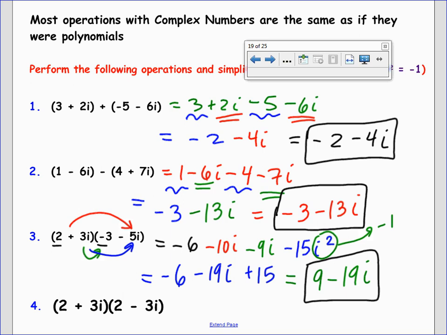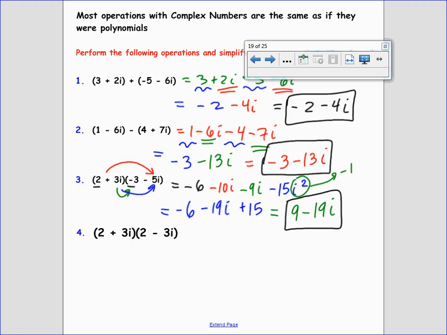All right, let's go ahead and do number 4 then. So you guys go ahead and FOIL that out. For number 4, we're going to multiply first, outside, inside, last. 2 times 2 is 4. Outside, 2 times negative 3i is minus 6i. Inside, 3i times 2 is plus 6i. And last, 3i times negative 3i is minus 9i squared. Watch what happens when we combine like terms here, you guys. Negative 6i plus 6i, the i's sum to 0. And I'm left with 4